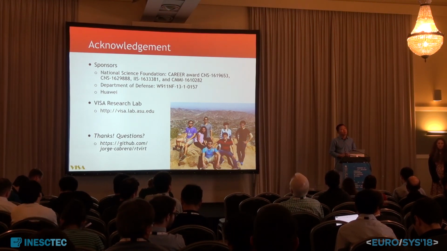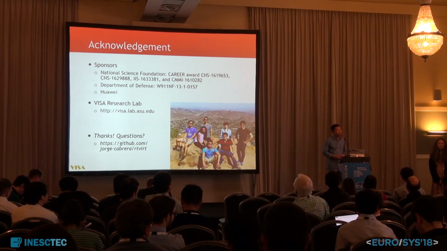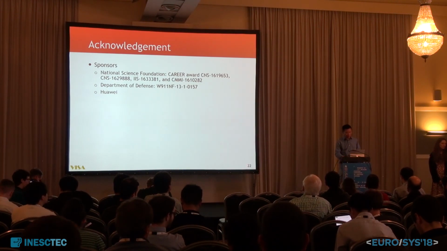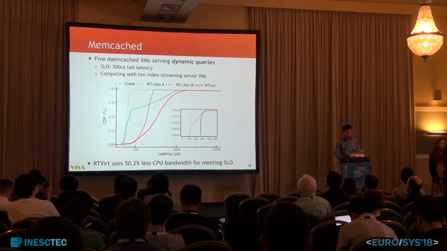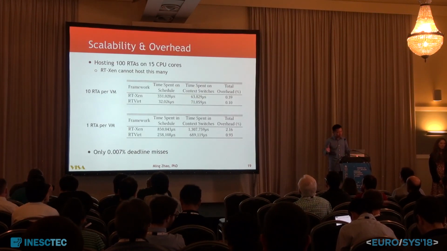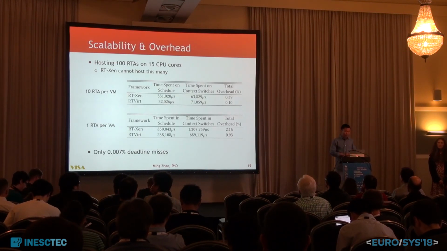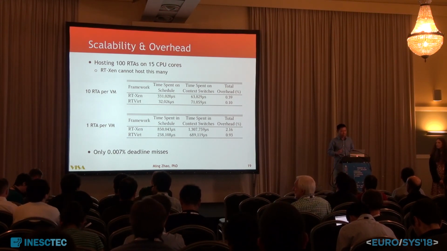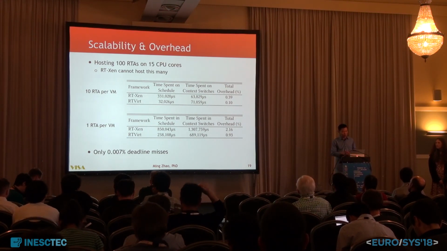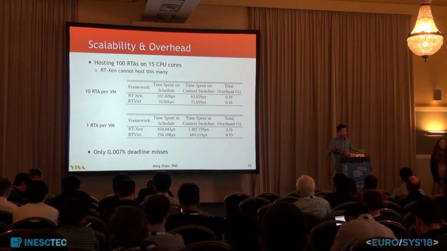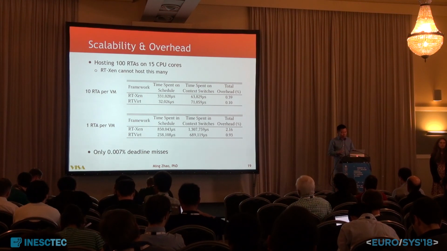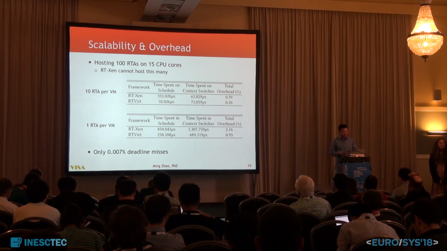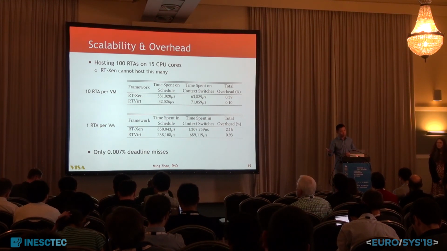So just because the fact that we can support more, that's just the experiment I skipped. That's a scalability experiment. So we can see the 100 real-time applications, and we are able to support more than Artisan. So that tells us that we can achieve higher. We support up to 100, and I think, as detailed in the paper, Artisan can support up to 90. So we achieve at least 10% more throughput than Artisan.